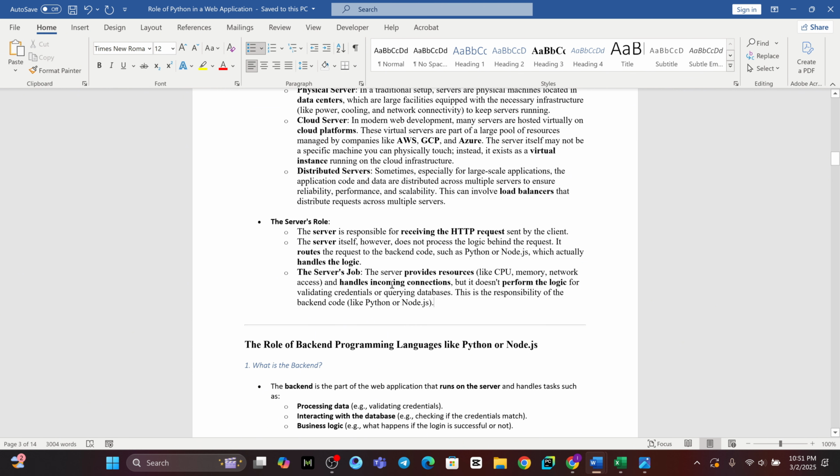But what the server cannot do is process the logic behind the request. It will accept the request from the browser, but the server cannot make decisions on which response to send back for that particular request. That's why on the server side we have programming languages like Python or Node.js or many others,